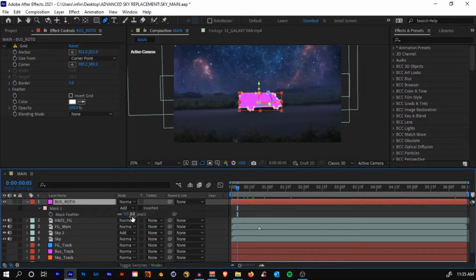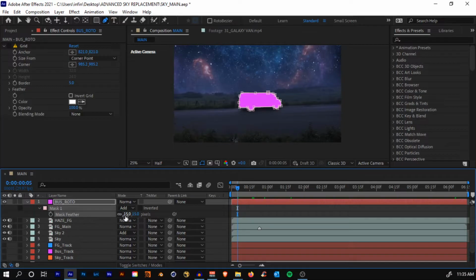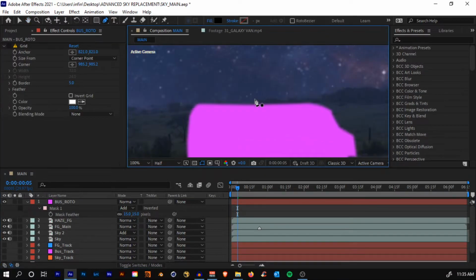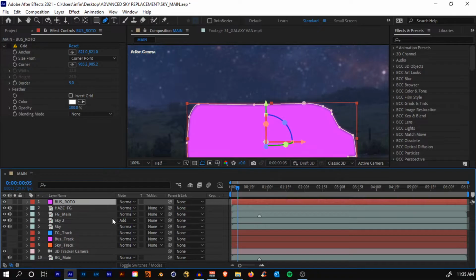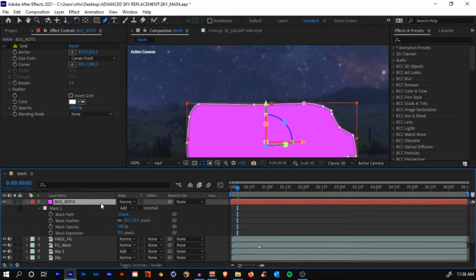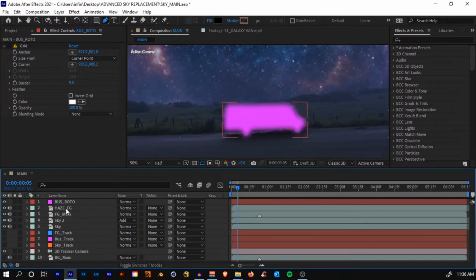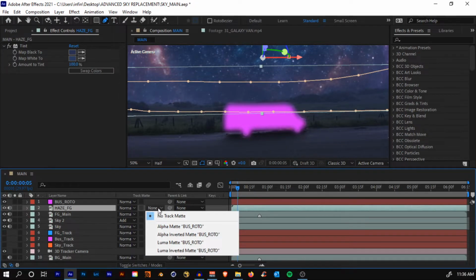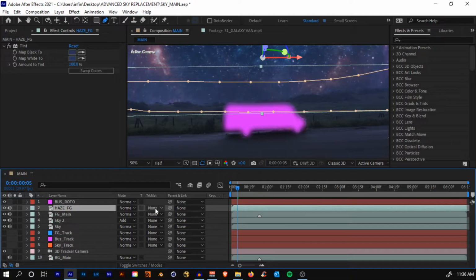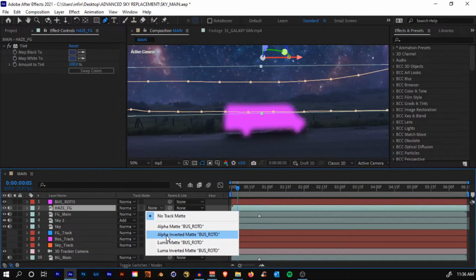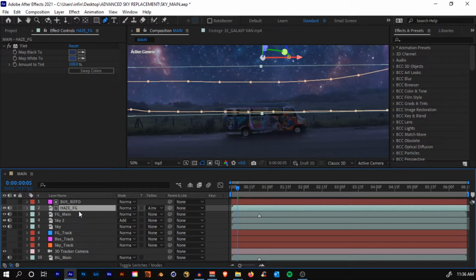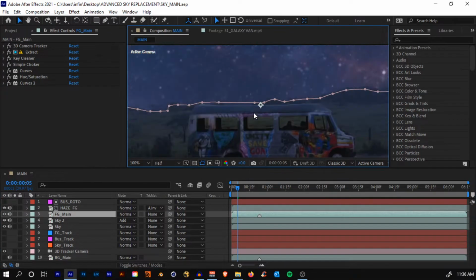And just feather it out by a little bit, something like 15 pixels, so that we don't have the hard edges. And also hit M twice, select the layer, and just decrease the expansion and feather it out more. Yes, something like that. And now from the haze foreground we can change it, you'll select the track matte. If you cannot see the track matte panel, just hit F4 on your keyboard and change it to alpha inverted matte. Now you'll see what we have done here, one second, let me show you. Also save your project from time to time.